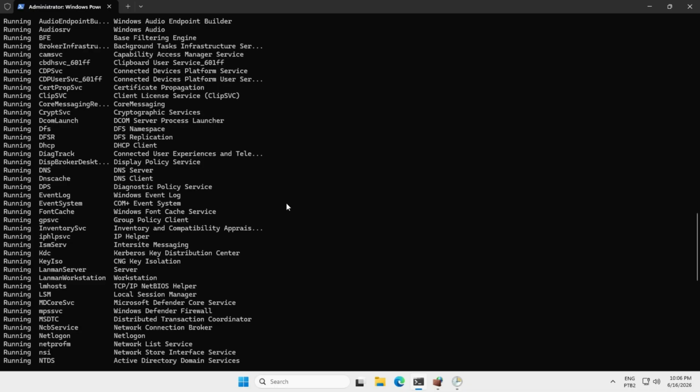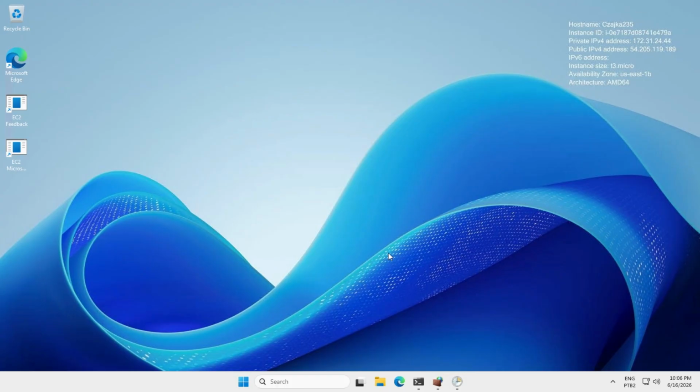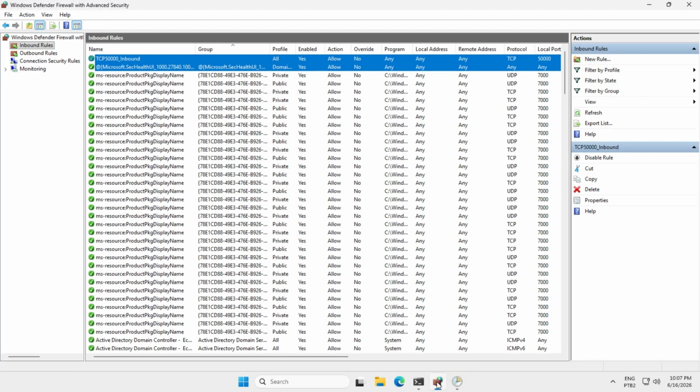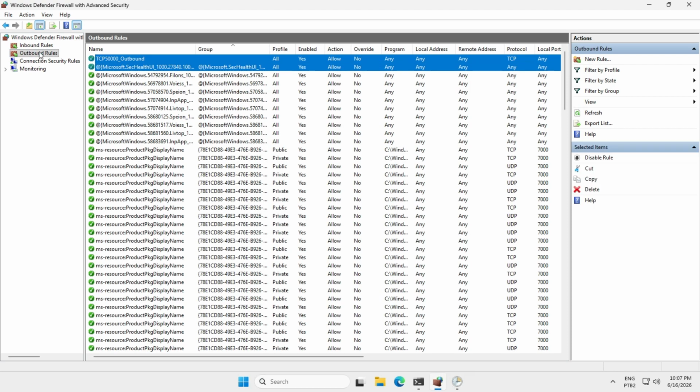Next, I will open Windows Defender Firewall with Advanced Security. I created inbound and outbound rules that allow TCP traffic on port 50,000.